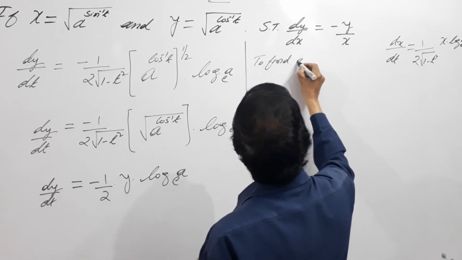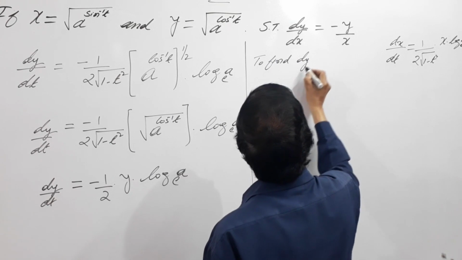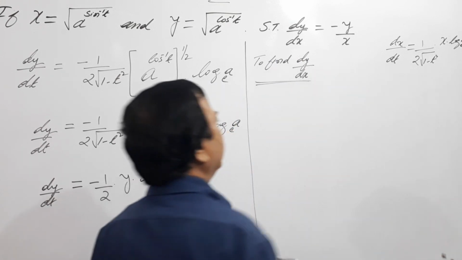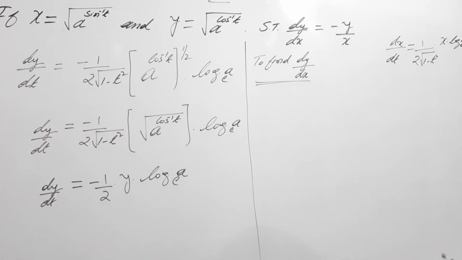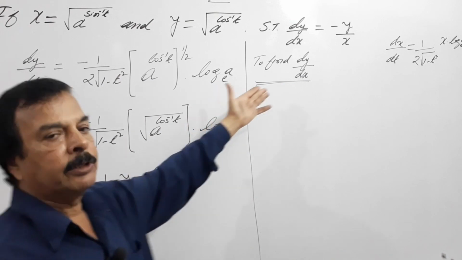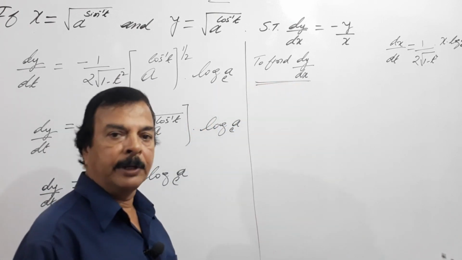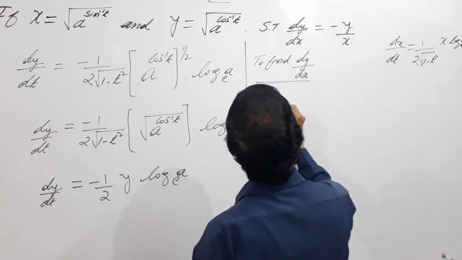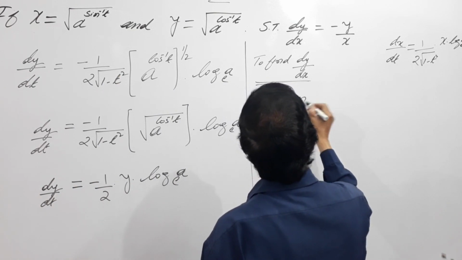To find dy by dx. So we are going to find dy by dx. Once you have got dx by dt and dy by dt, using chain rule we can easily find dy by dx. So by chain rule